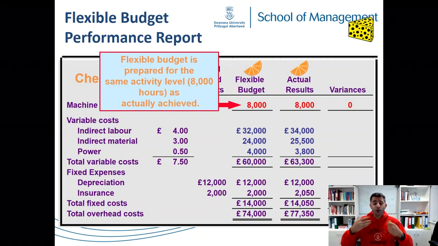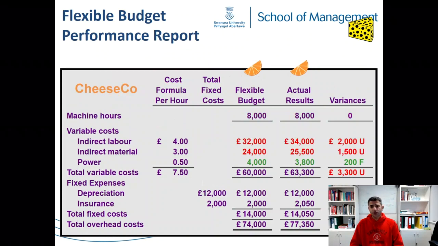The point is to eliminate the variances in terms of level of activities. And you see, we don't have any variances in terms of level of activities, right? So here we go. If you look here, based on 74,000 and 77,350, can you see these are the final figures from the previous slides? So you can see right now, things change, isn't it? So right now you see that we have at the end